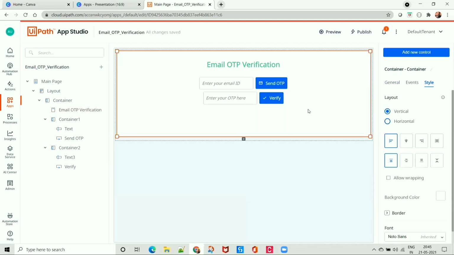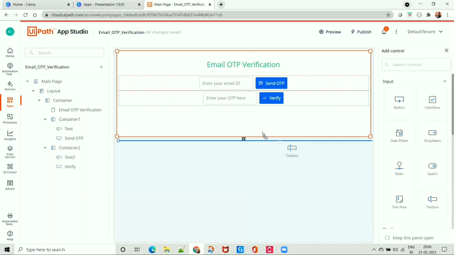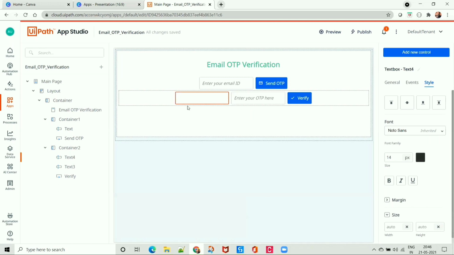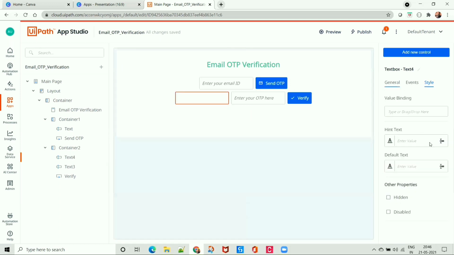Cool. But our designing doesn't complete here, because we have to add one more text box. For what purpose, I will tell you in the mapping section. As of now, just add one text box over here and keep it blank, and let's make it hidden.